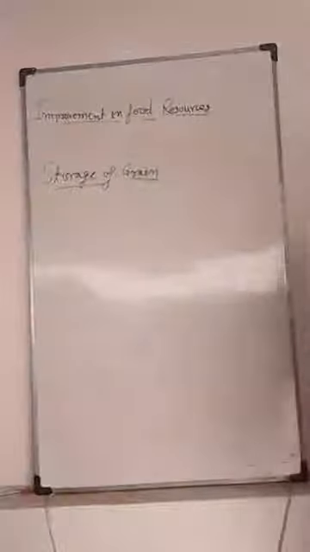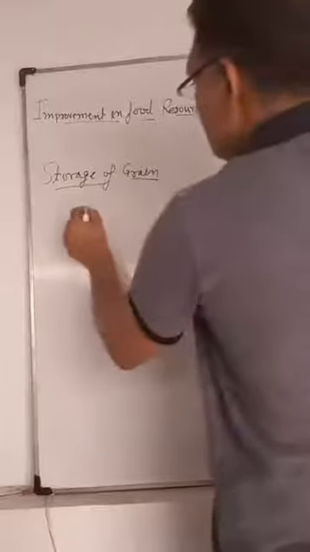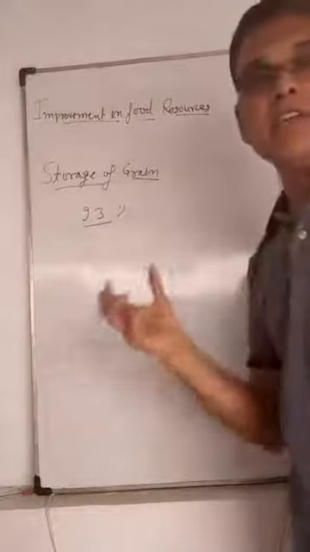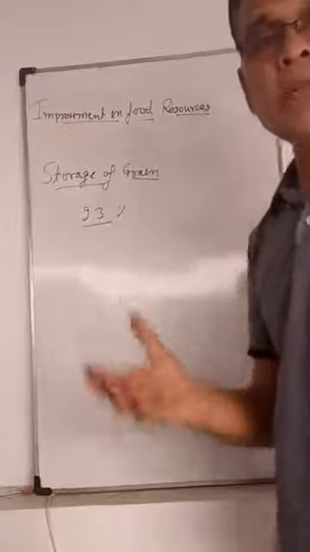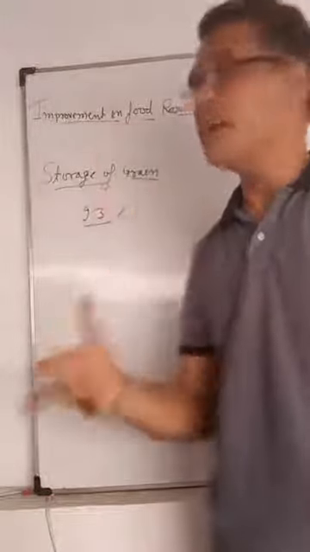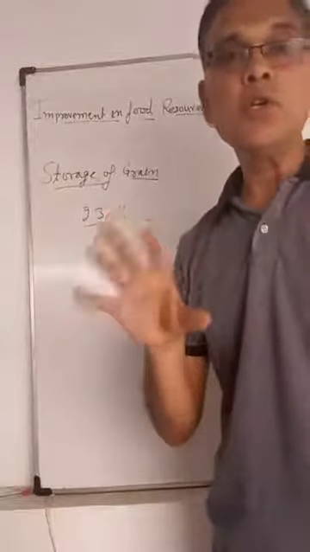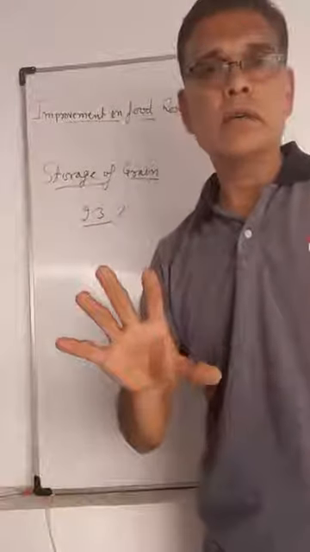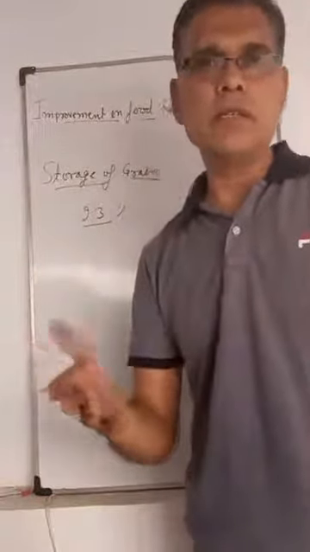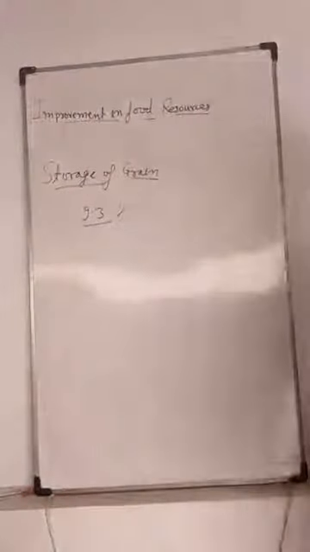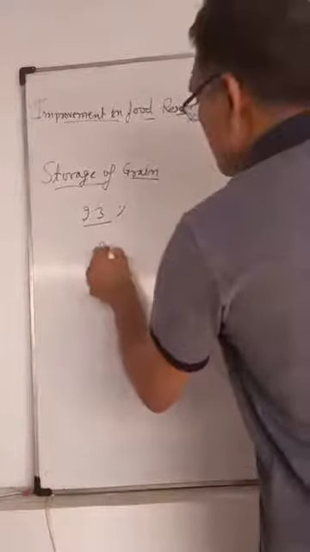Storage of grain. About 9.3% of food grains produced in our country are lost every year. If we produce 100%, out of that 100%, 9.3% of production will be lost because storage is not there, or proper storage is not there. That 9.3%, which is about 20 million tons,